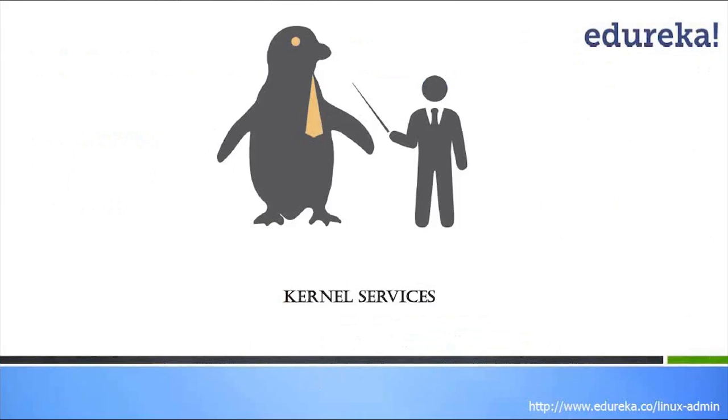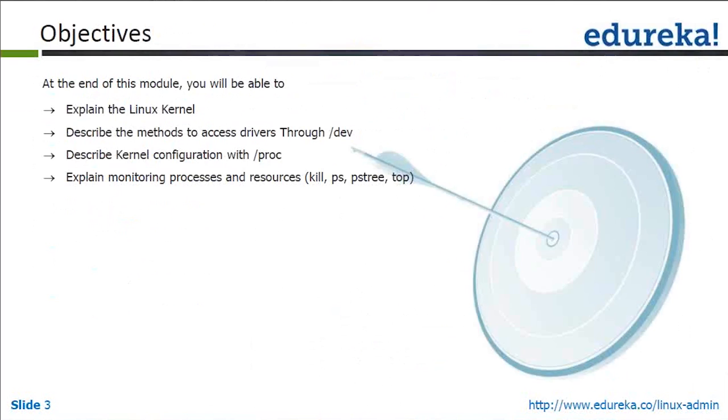So today we are going to see different modules and about the kernel. The kernel is the most important, the central core of the Linux operating system. In the third module we'll see about the Linux kernel and the different methods, the different files which are present under /dev and /proc directories, and followed by the most important